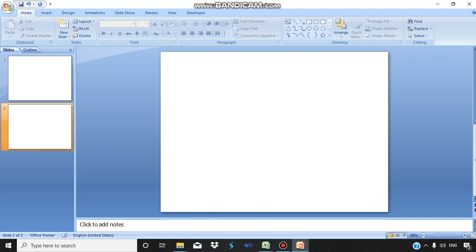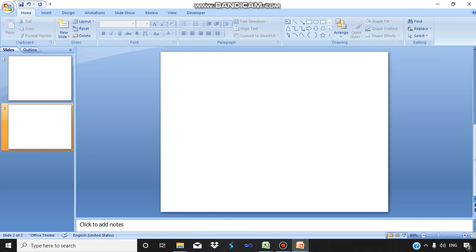In a PowerPoint presentation, macros are created using a programming language called Visual Basic for Applications. So for creating macros in a PowerPoint presentation, one should have knowledge of this language, Visual Basic. When you create macros in PowerPoint, the macro-based file extension for PowerPoint is PPTM. Now, how do we do that?